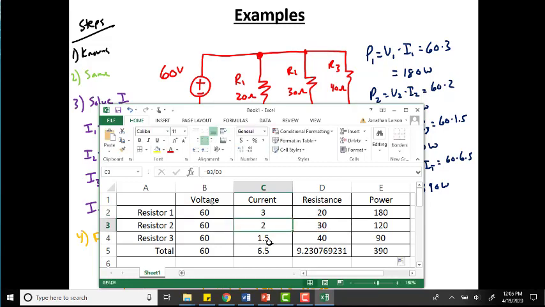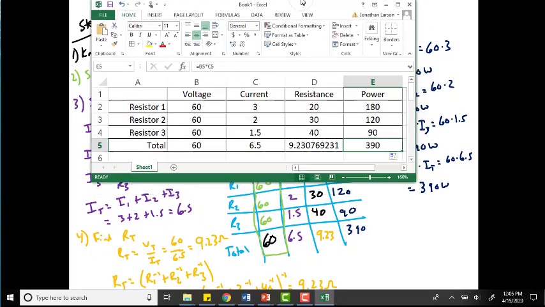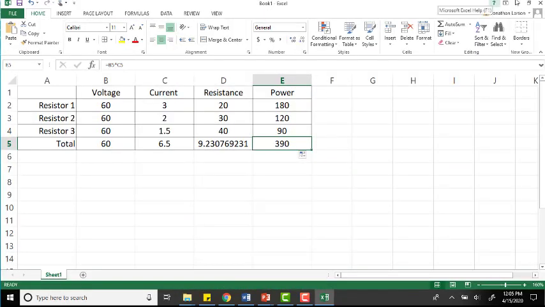B3 divided by D3. B4 divided by D4. This one is the sum, so that's good. Resistance is voltage divided by current, so that one's good. And then these are voltage times current, voltage times current, voltage times current, voltage times current. Okay, so that's good. All right, so let's look and see how that matches up with